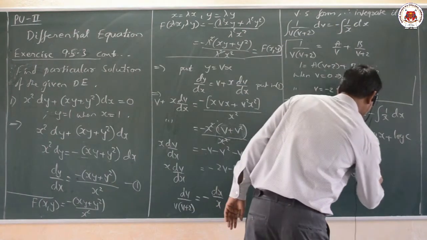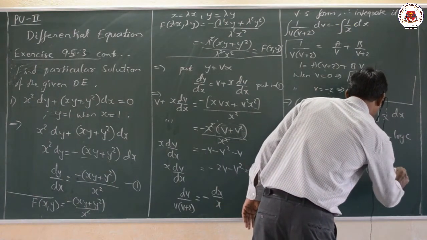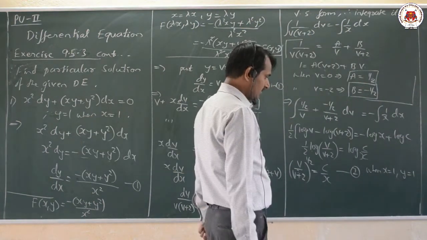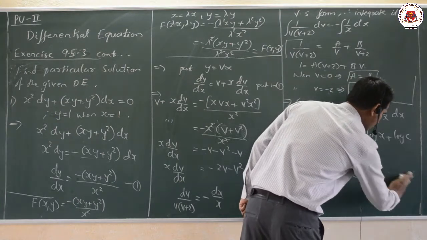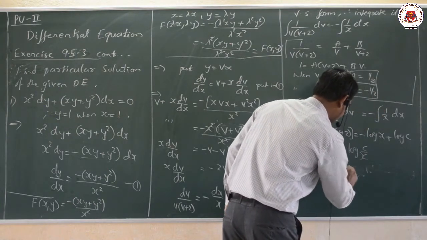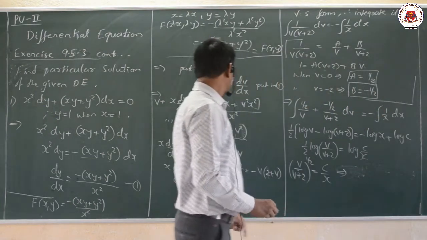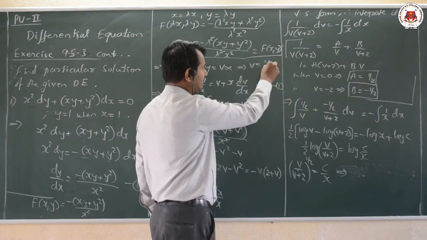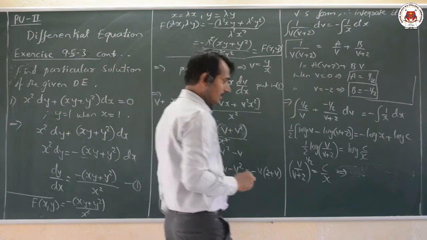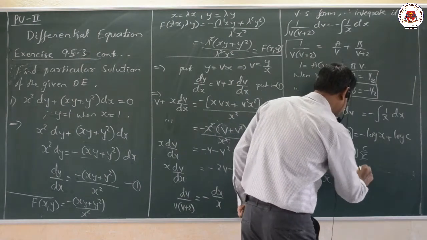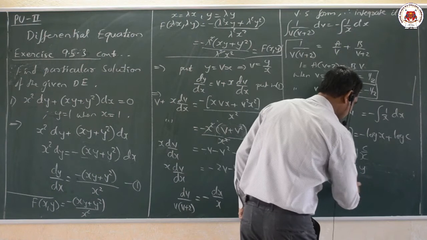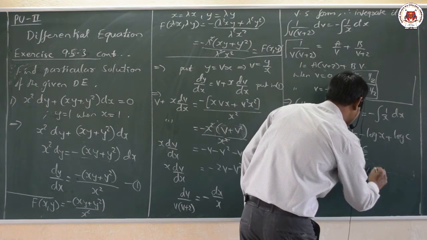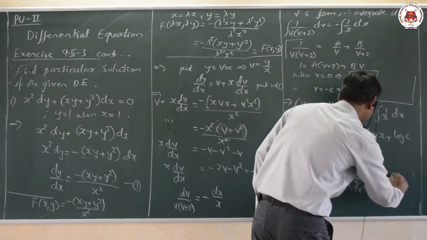Okay, that is when x equal to 1 and y is equal to 1 here, according to the given problem. Before starting with this, we have to put y is equal to vx. So if I put y is equal to vx, that implies v is equal to y by x. This value I require to put here. That means what we get here, y by x divided by y by x plus 2, whole to the power of 1 by 2, equal to c by x here.